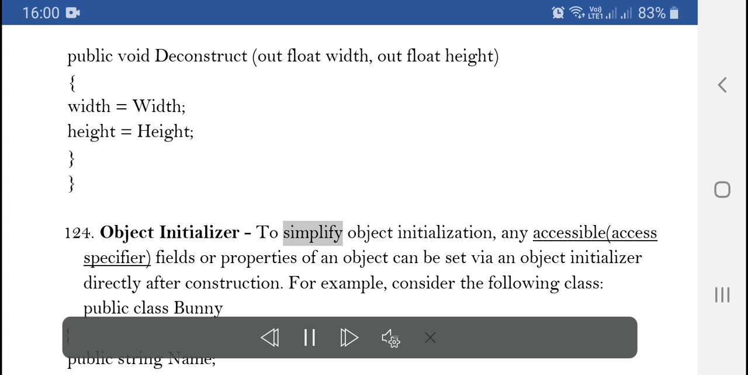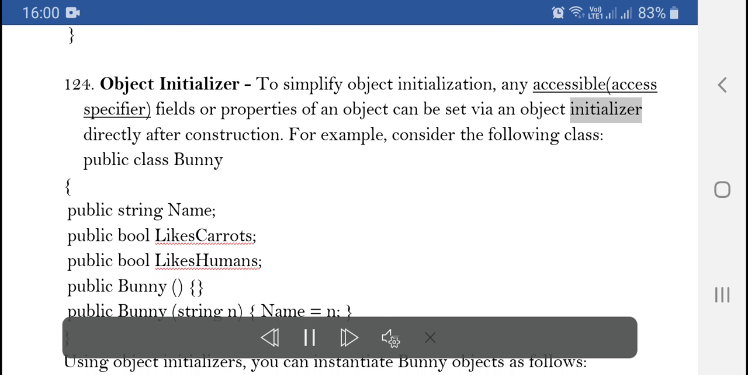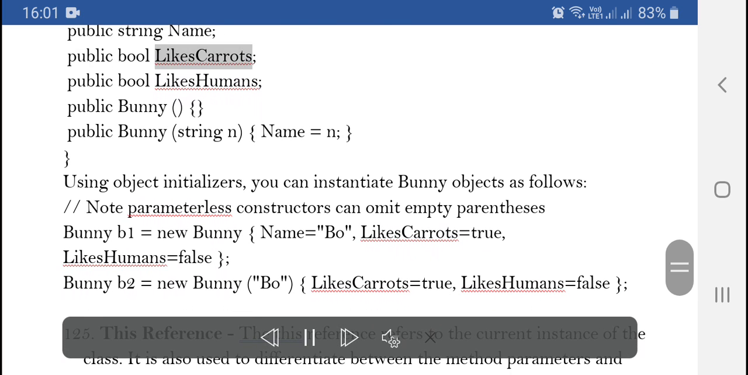Object initializer. To simplify object initialization, any accessible fields or properties of an object can be set via an object initializer directly after construction. For example, consider the following class: public class Bunny { public string Name; public bool LikesCarrots; public bool LikesHumans; public Bunny () {} public Bunny (string n) { Name = n; } }